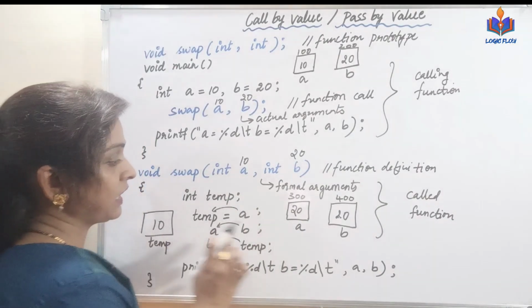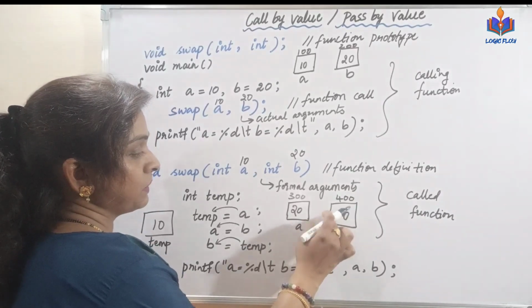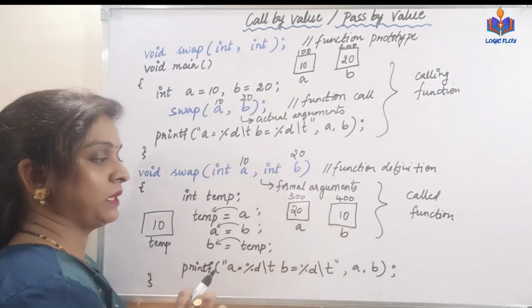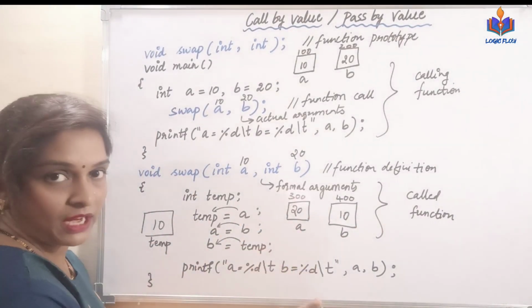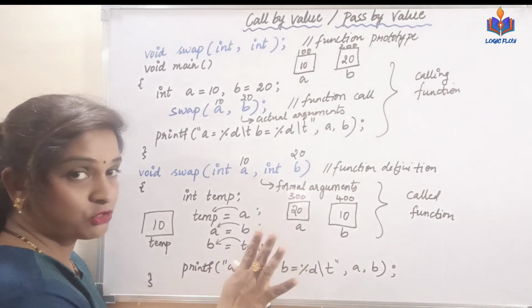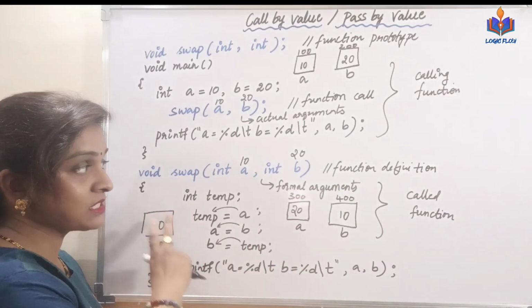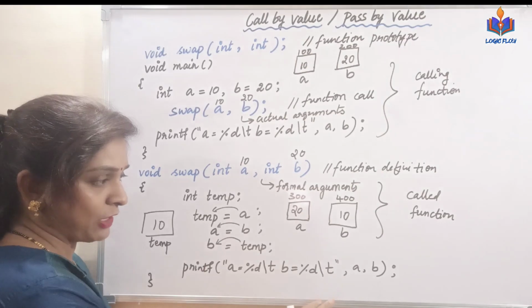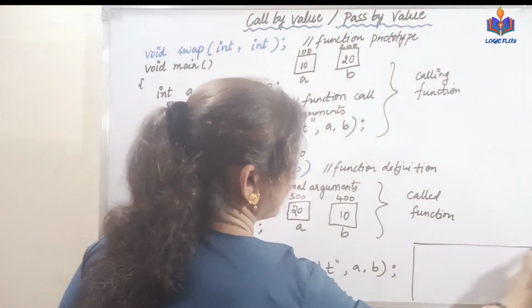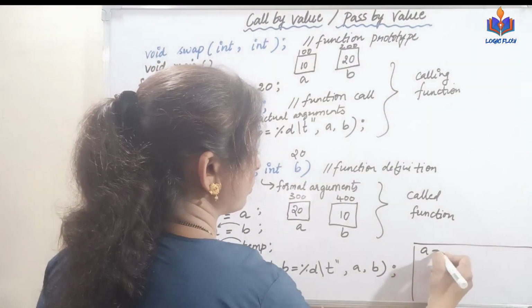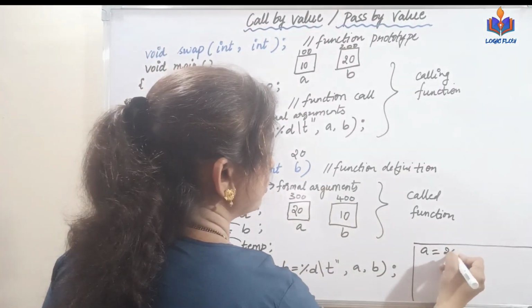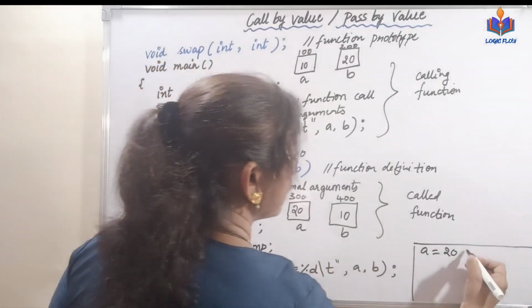Temp is having 10, that will store it in B. Now 10 is in B. So A and B values are interchanged, and this is in the subfunction. And I am printing the value of that. So in my output screen, I will get A equal to the interchanged value 20, tab space, B equal